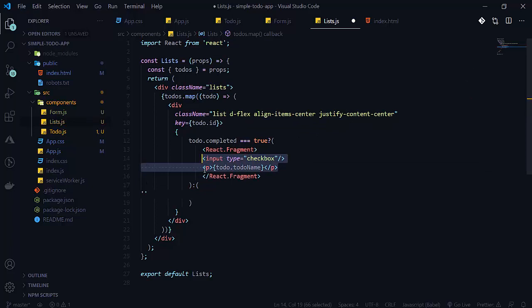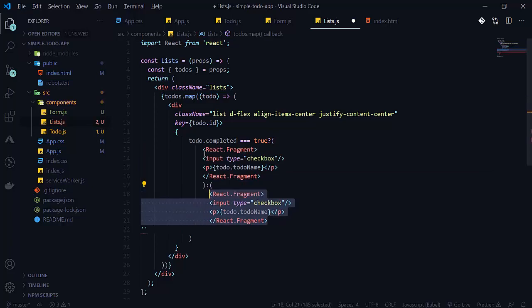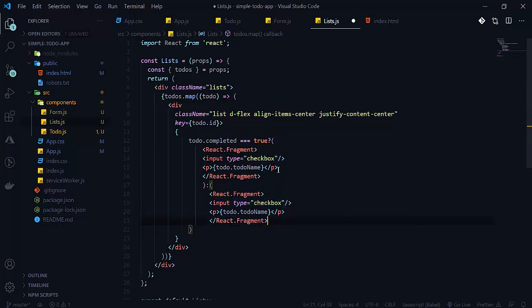So here, if the todo is not completed, then we want a checkbox here. If the todo is completed, then we don't want the checkbox, so we only want the Font Awesome icon.